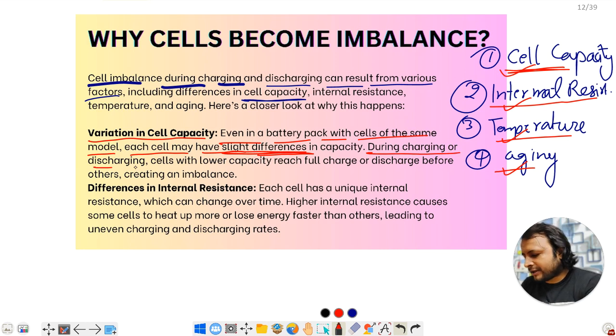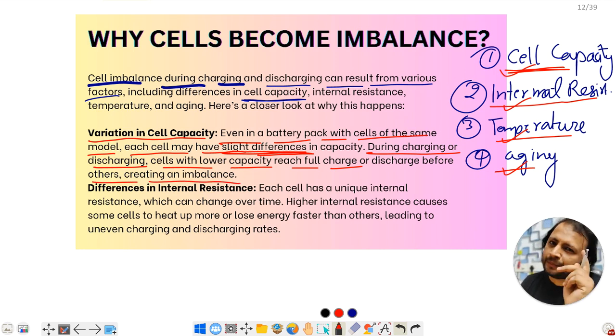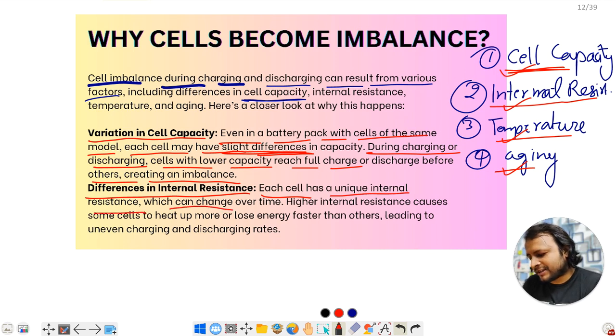During the charging and discharging, cells with a lower capacity reach full charge and discharge before others, creating an imbalance. आई होप दिस पॉइंट इज क्लियर. पहला चीज है कि ऐसा हो सकता है कि जो थोड़ा कैपेसिटी में डिफरेंस होता है, सो सेल्स जिसकी कैपेसिटी कम होगी वो जल्दी डिस्चार्ज हो सकती है, जल्दी चार्ज हो सकती है, और दैट इज द रीजन ऑफ इम्बैलेंसिंग. अदर्स ज़्यादा टाइम लेंगी. And differences in internal resistance: each cell has a unique internal resistance which can change over